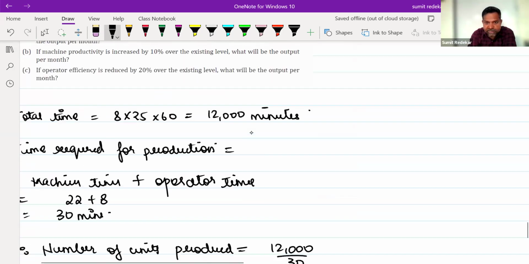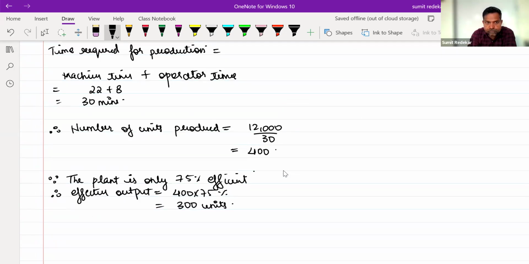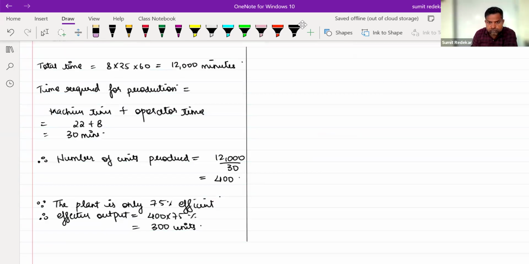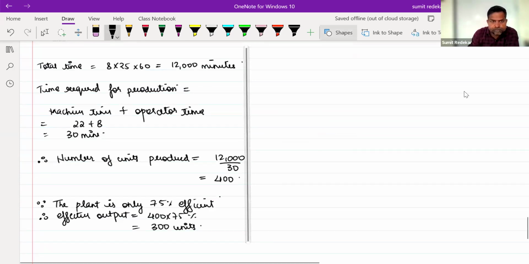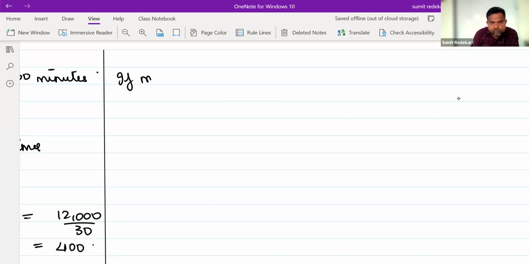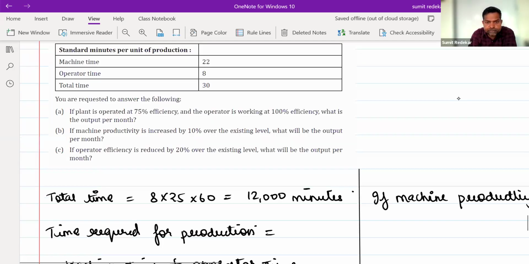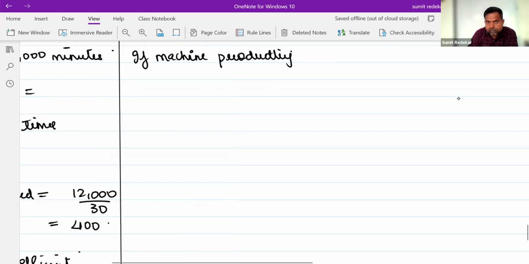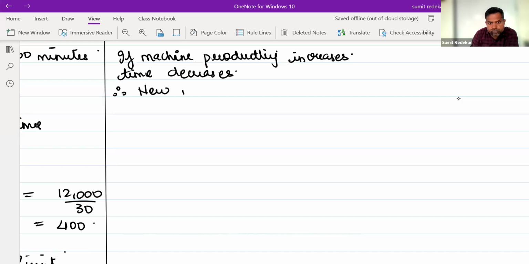So we will go back and we will say that if machine productivity increases, time decreases. Therefore, new